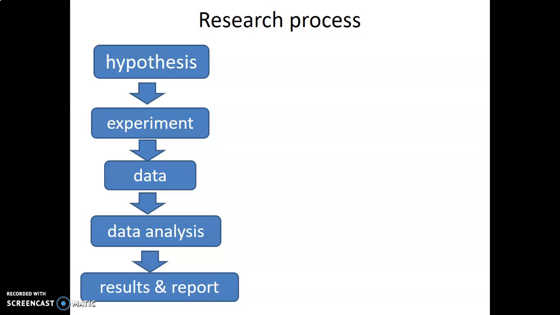Then they conduct an experiment and they collect the data, they analyze it, and then they come up with some results, right? So in our case, the data is given, right? You have a data set ready. It's in the form of a table with some numbers, right? So the experiment has been already conducted and the hypothesis already exists somewhere. What you need to do